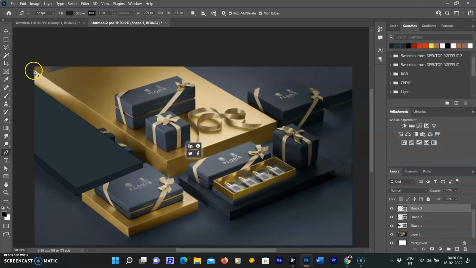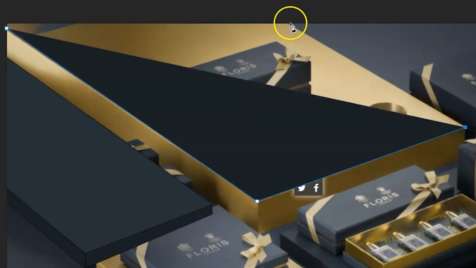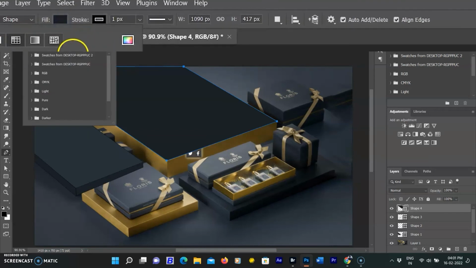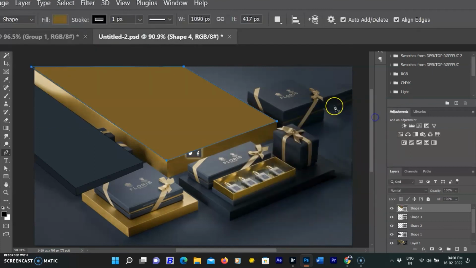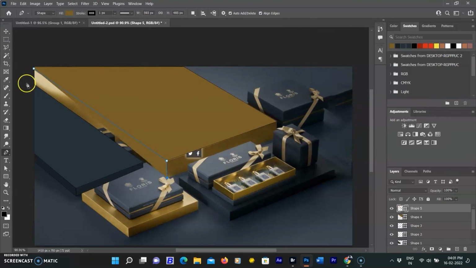I am selecting the new shape from the original image and creating an anchor by placing the pen tool on the new shape. After that I am creating new anchors according to the shape. As I join the last anchor to the start anchor, the shape will be created according to the shape in the picture and filled with the color that was used in the first shape. I don't need blue color here, so I change the blue color to golden yellow from the fill option. By doing so, the product placed on the original shape was covered, so you can composite these shapes with your own products. Also create the left and front shape to complete the shape.